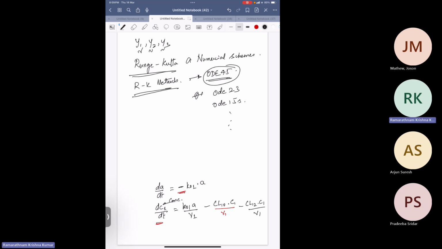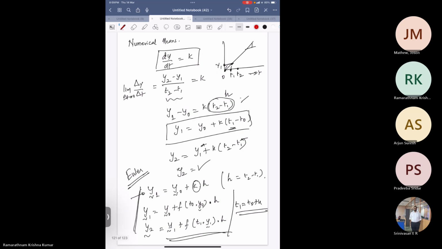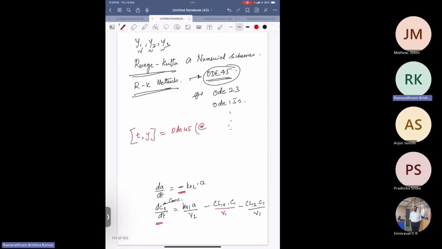Now typically, how does this look in MATLAB? Very simple, the syntax. I'm going to write the syntax. T, comma, Y. So it gives time, and Y1, Y2, Y3 with respect to time. Y is equal to ODE45. And the function, where is that function? I have to define the function. So at function means I am referring to that function, comma,